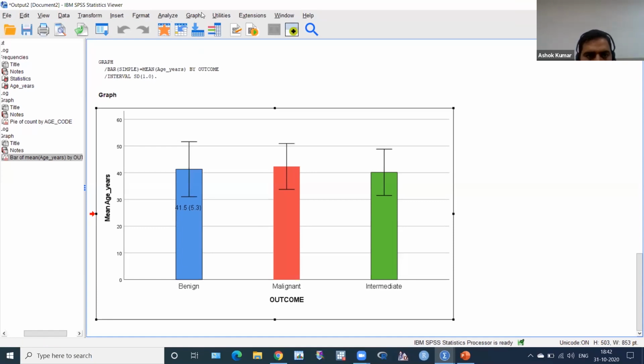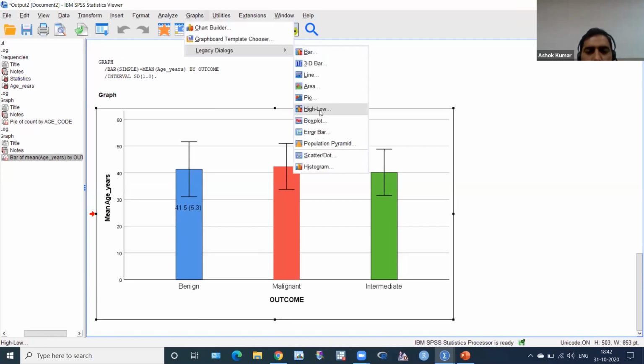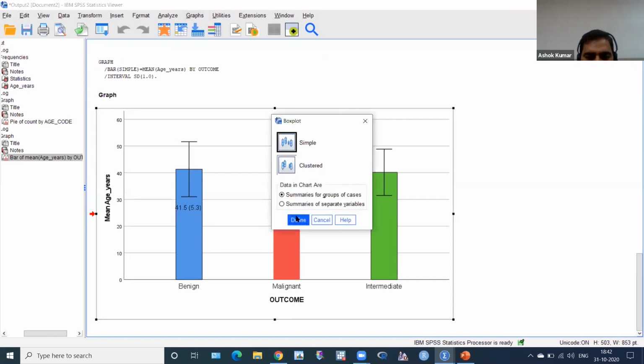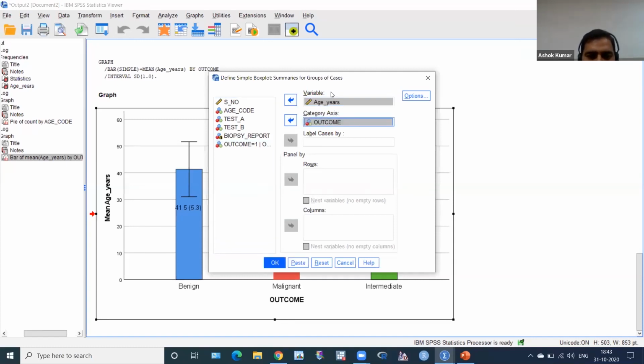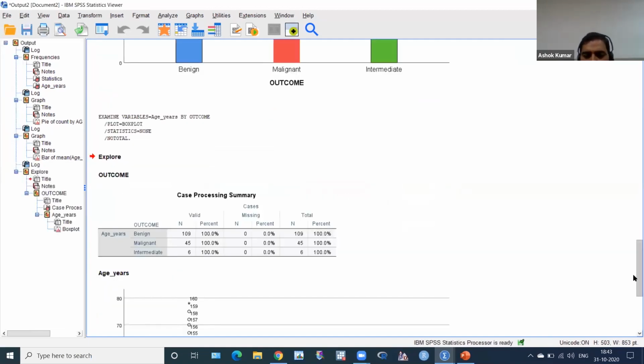So what is box plot? I told you box plot is for Mann Whitney, something like that. You have to click Graph, then Legacy, and then this is Box plot. Click on Box plot, then Simple box plot, and click OK. There are different types, please do practice. Click here, variable axis. I want age here on the variable axis, because I want median and IQR or something. And the category axis according to outcome. So category axis means group, and this is the variable. Then click OK. There is no problem: age in the variable axis and outcome in the category axis. Then click OK.